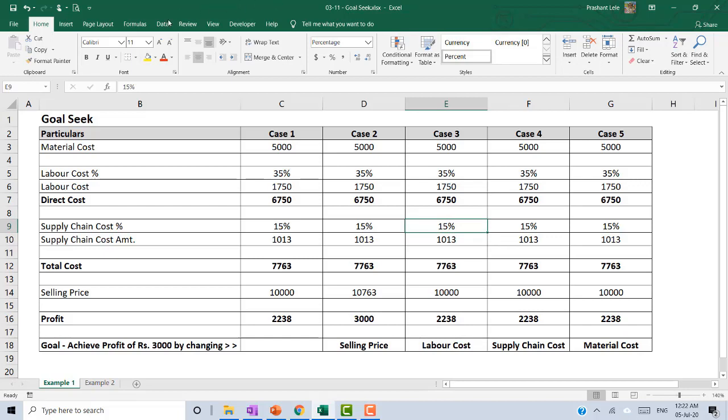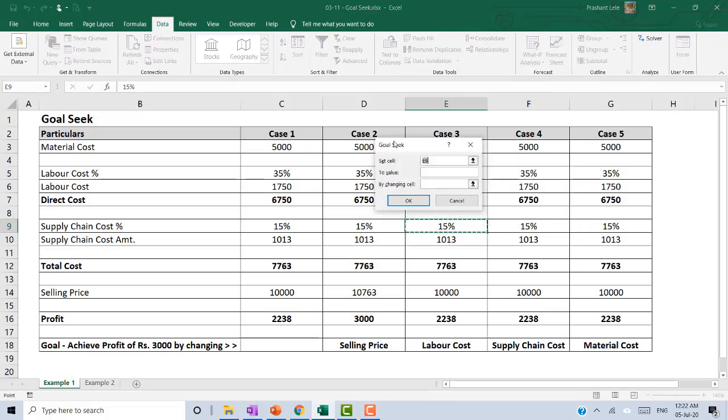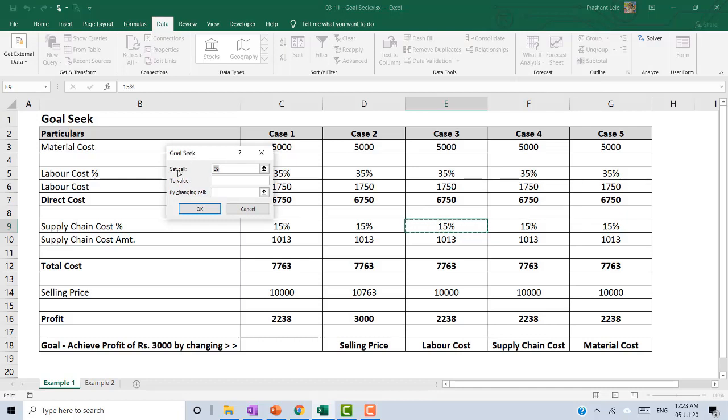Where you will find goal seek: go to the Data tab, go to What-If Analysis in the Forecast group, and select Goal Seek. Here you need to give 3 values. First is Set cell, E9. Currently my selected cell was E9, that's why it has taken E9. But here we need to select the cell which is our goal. Profit is our goal, so I'll select cell E16. What is my goal? 3000. So set cell E16 to value 3000